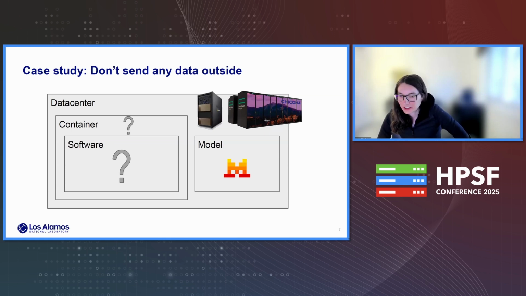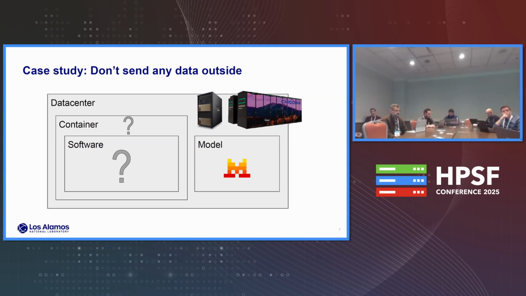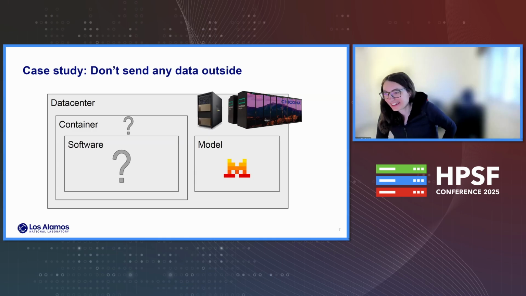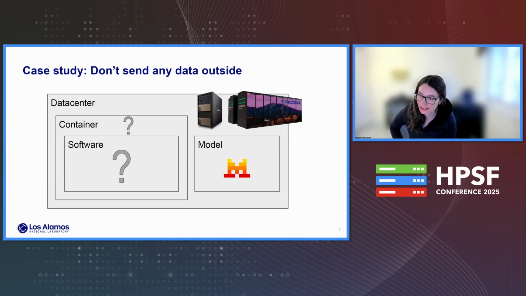So for the case study I'm going to describe, I'm going to go through our choices of model, software, and container that our data center set. And one of our requirements was to not send any data to the companies for training. I think that's a common concern. So the model we chose was Mistral, partly because we'd seen benchmarks with Mistral. It was something we were allowed to run. It's got a small footprint. Seemed like a safe choice. That choice is up for debate.